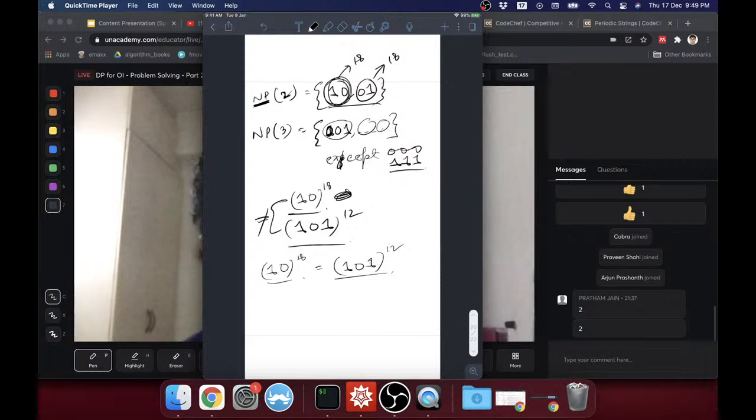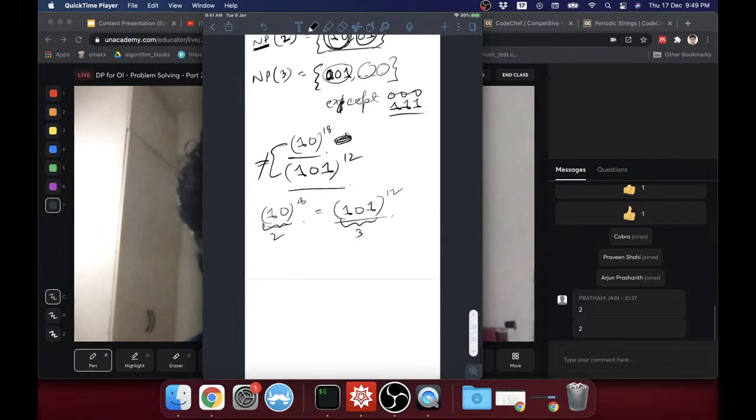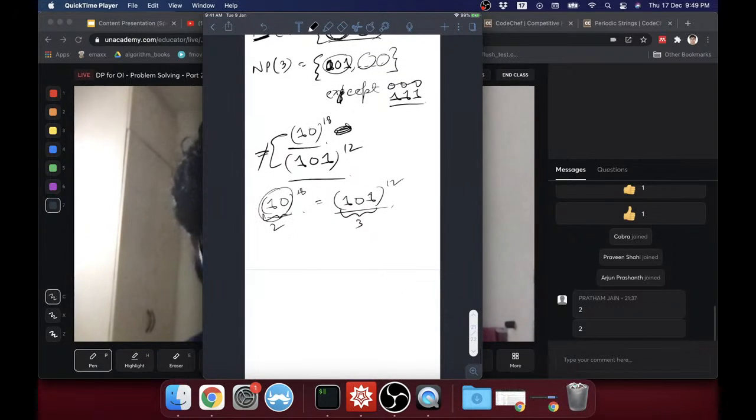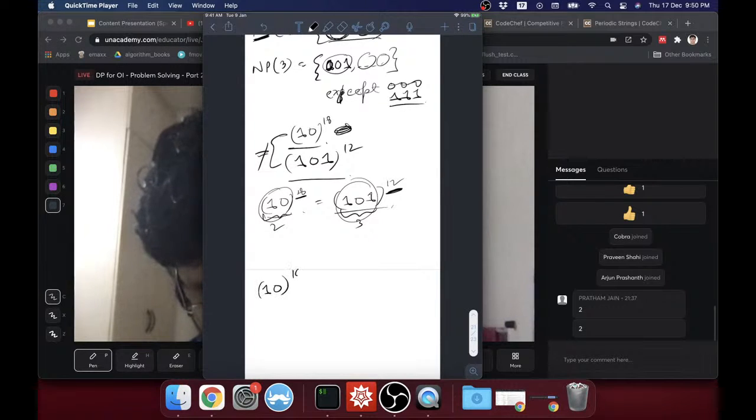Yeah, let's do this today. So this is of length 2, this is of length 3. This thing repeated some number of times and this thing repeated some number of times will match. What's the LCM of 18 and 12? 6. So when you repeat 1 0 6 times and when you repeat 1 0 1,